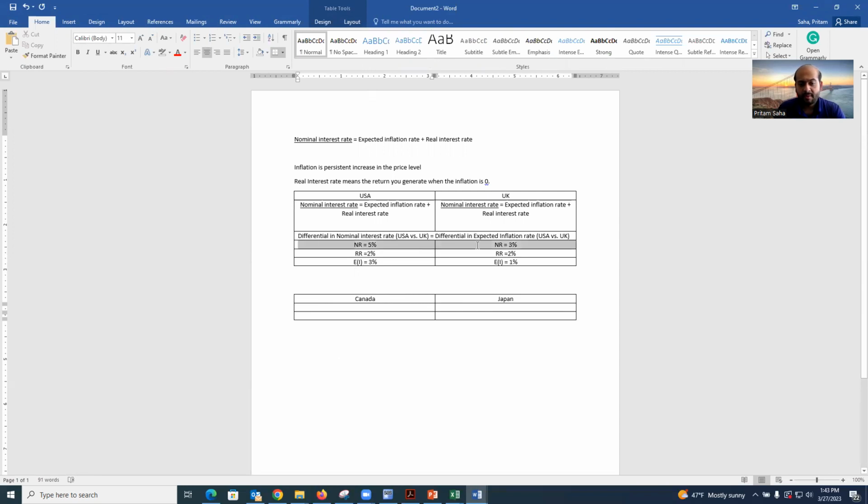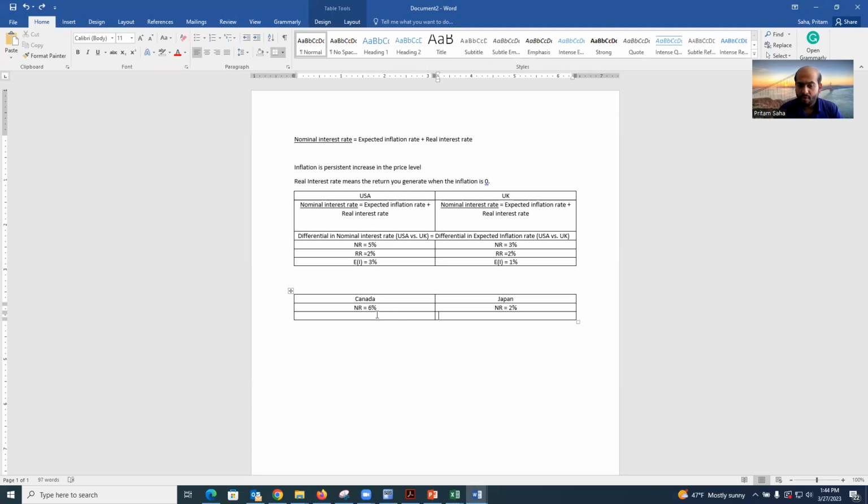Now let's say the nominal rate in Canada is 6%, and the nominal rate in Japan is 2%. Now think from the point of view of investors in these two countries. People from Japan may want to invest their savings in Canada so that they can generate 6%. But the implication from the international Fisher effect, inflation